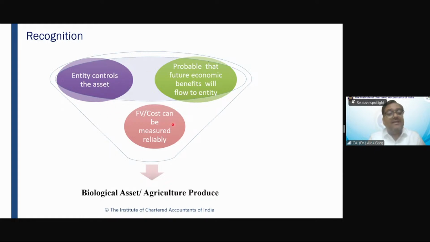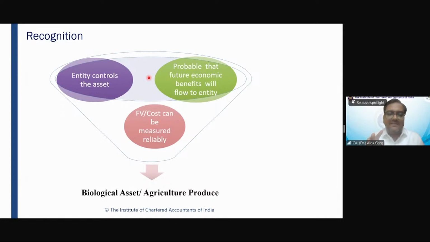Whether this lion in the books of this company will be a biological asset under Ind AS 41? No, sir. It is not used for agricultural activity. Yes, it is not used for agricultural activity. While these 3 conditions are satisfied, it does not mean that it has to be accounted for under Ind AS 41. No, it is a property, plant and equipment. It is an Ind AS 16 item. Okay, that is not an Ind AS 41 item.